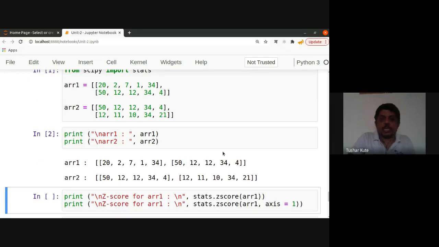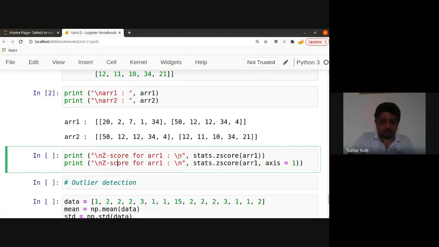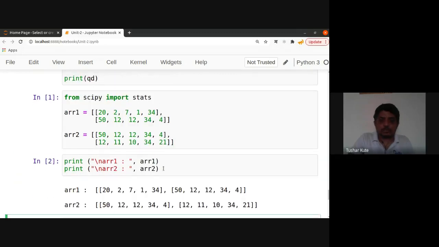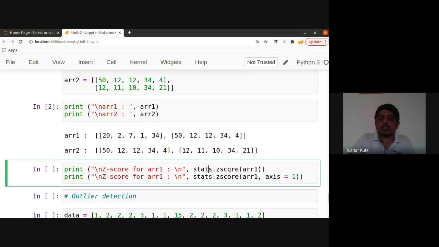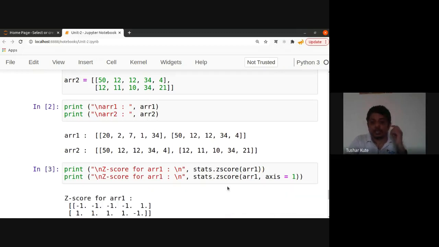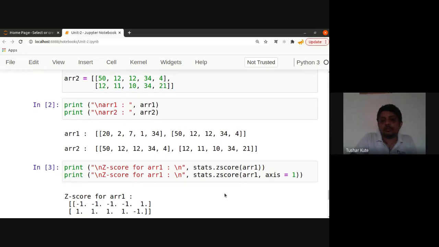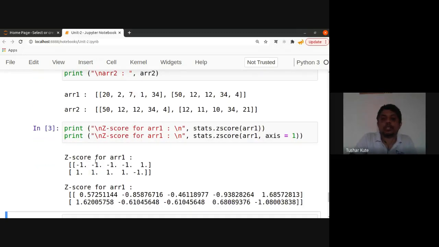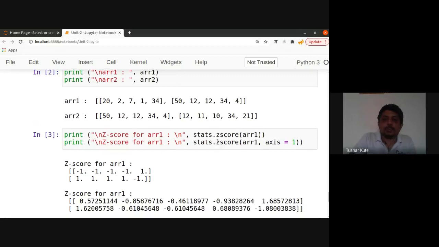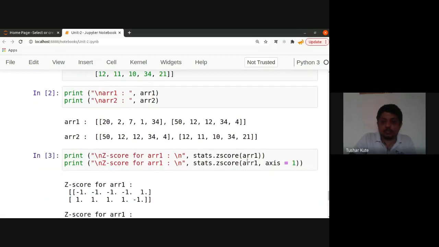See this one. And to calculate the z-score, we'll be using a function from stats. Under stats, we have the function z-score. This will calculate the z-score for this set of data. Now you can see this one. Above the mean and below the mean, you can directly pass these values and identify this. So directly all the values are taken in the first case.